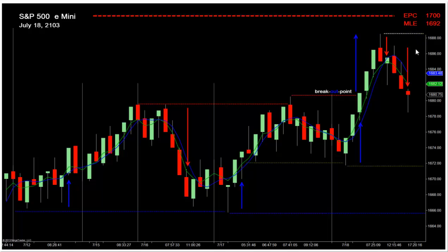I want to stress this is a new multi-year high. Today's maximum likelihood expectation price level was 1692. The cash traded to 1693. The extreme price excursion level was at 1700. If you're not familiar with these terms, maximum likelihood expectation, extreme price excursion, you can go online and Google these terms. You'll find lots of papers on them, good Wikipedia